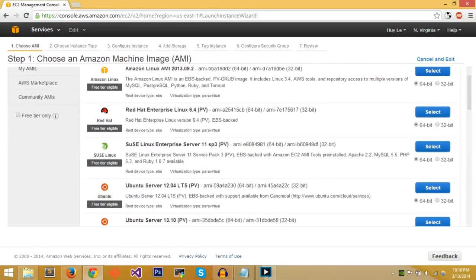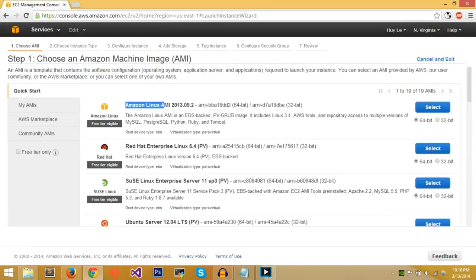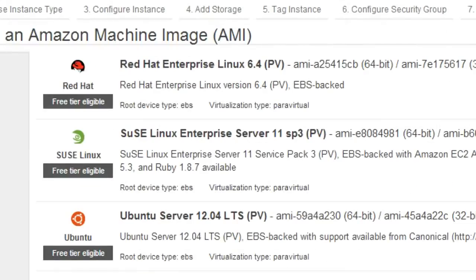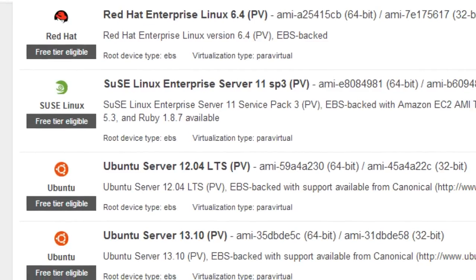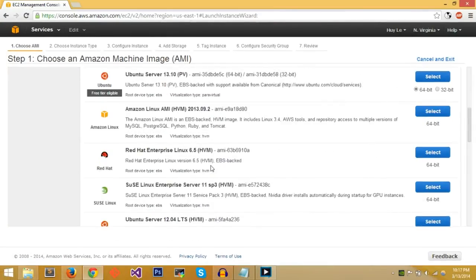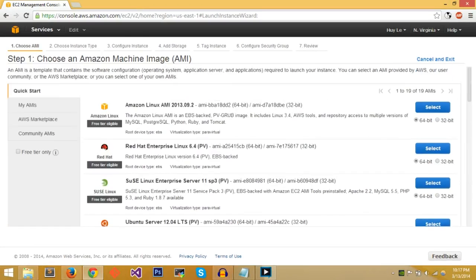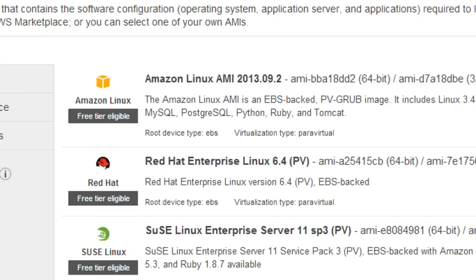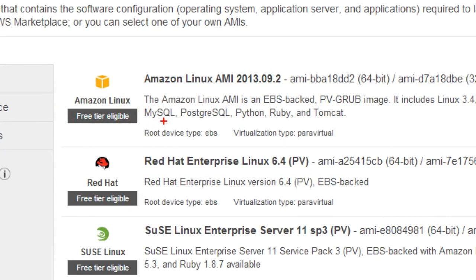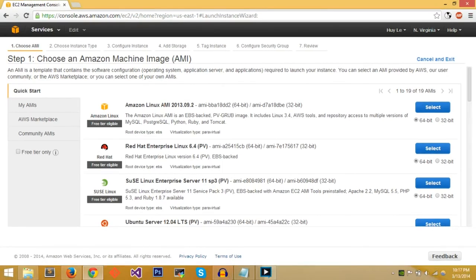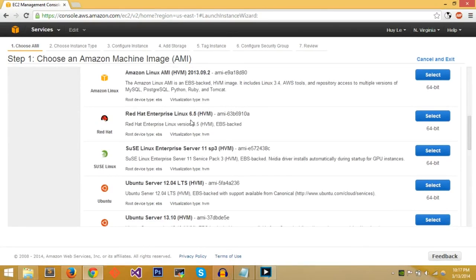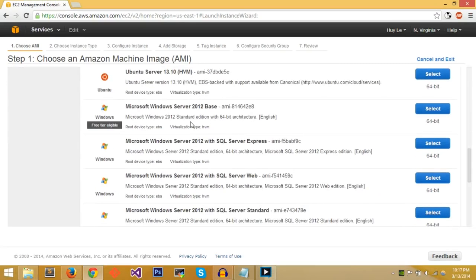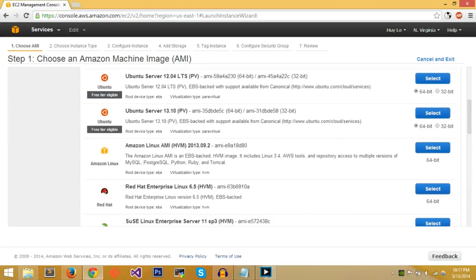Now, Amazon provides its own Linux distribution. There's a Red Hat distribution, SUSE, and Ubuntu. And what you look at first are these free tier. You can see that free tier eligible. I normally do just free tier eligible because I don't have anything very extensive that I need to run. But if you're running a very extensive website with a lot of users, I would suggest using one of the premium versions or the actual tier